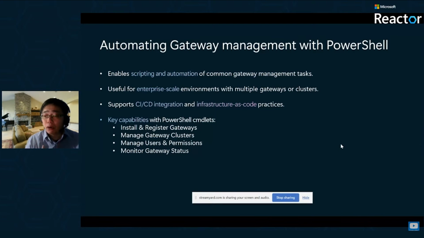Using PowerShell, you can automate a wide range of gateway management tasks. These include installing, registering, managing gateway clusters, and managing users and permissions. And also, you can use PowerShell commands for monitoring gateway status. By leveraging these capabilities, you can enhance operational efficiency, improve security, and ensure